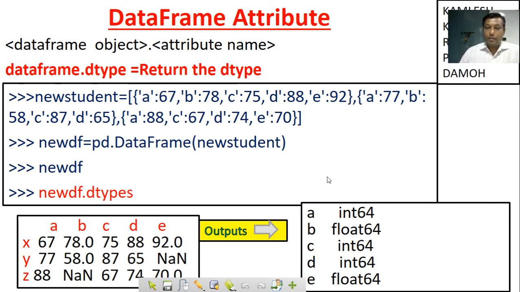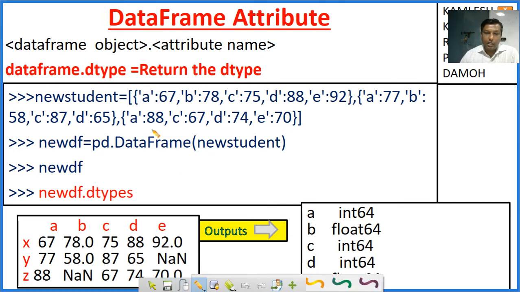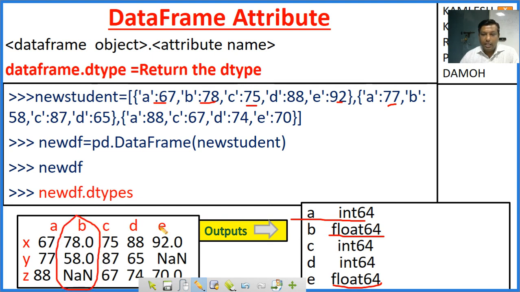You can see here we have taken all these values as integers, and a is int64 but b and e are float64. We have given all the values in integer only, but it is showing float for b and e, because in b one NaN is there, and in e also one NaN is there. That's why it is giving the data type float64.